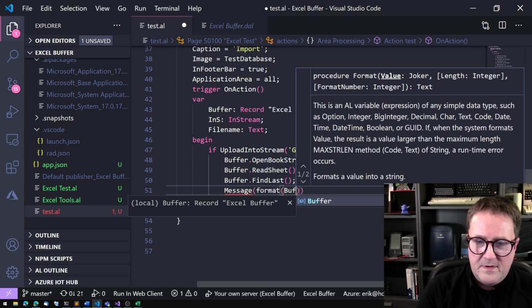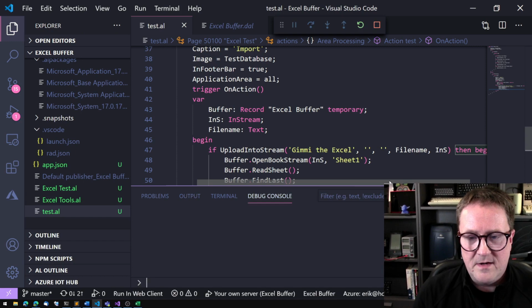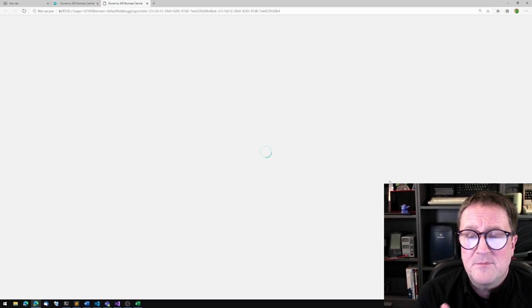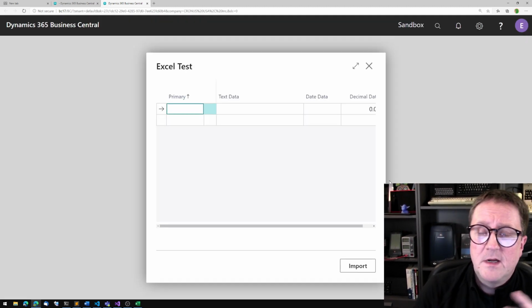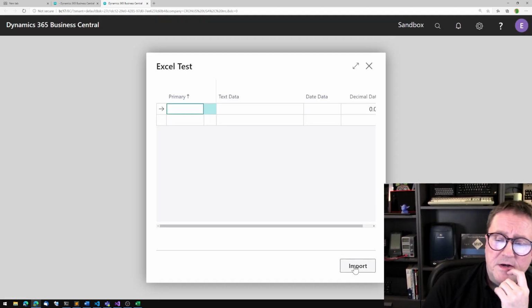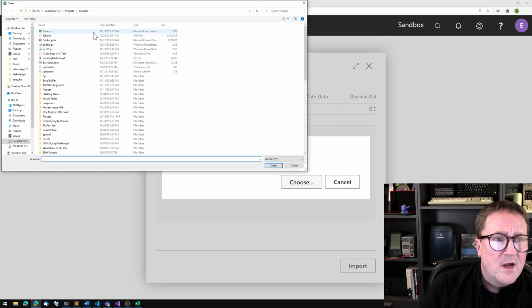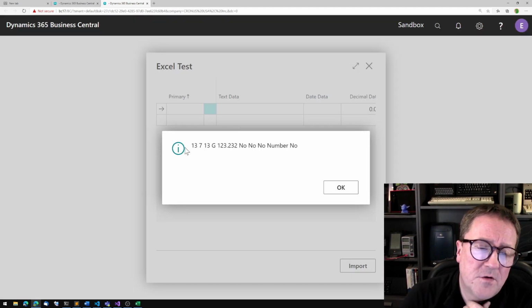format buffer. So you know the trick of if you put format on a record, you get a tab separated, all the fields with tab separation. Old nav used to be comma separated. Actually a trick I use in the search app, so if you want to see that, there's a video on that. So what we can see is that the last record we get is row 13,